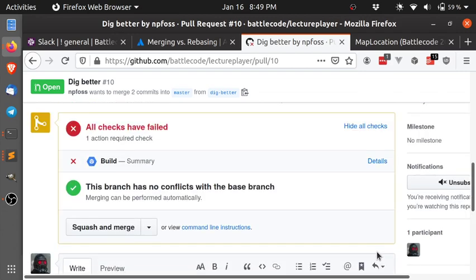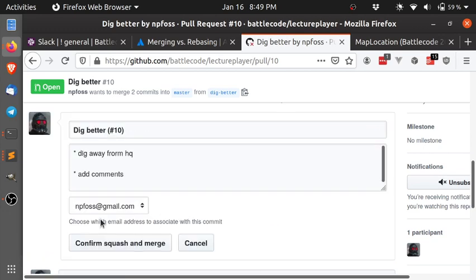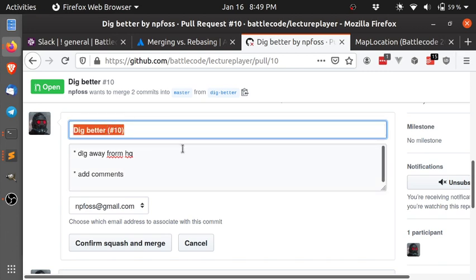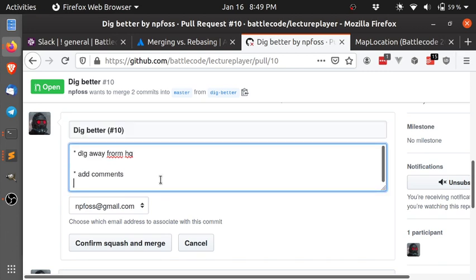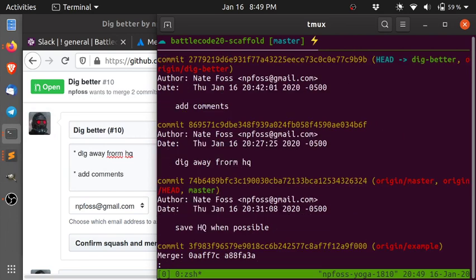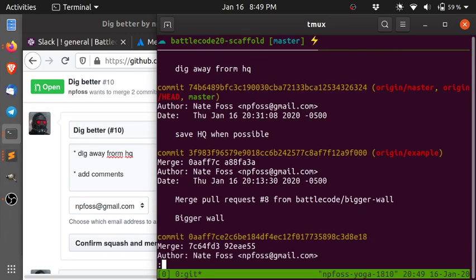And so what squash and merge will do is, this is the new commit message. Commit messages actually have two parts. The part that we've always been editing is the subject line of the commit message, but there's also a body if you want to have more stuff. So for example, if we look at git log here, these are just normal commits. But then these commits, this is the subject line, and then this is more details about that